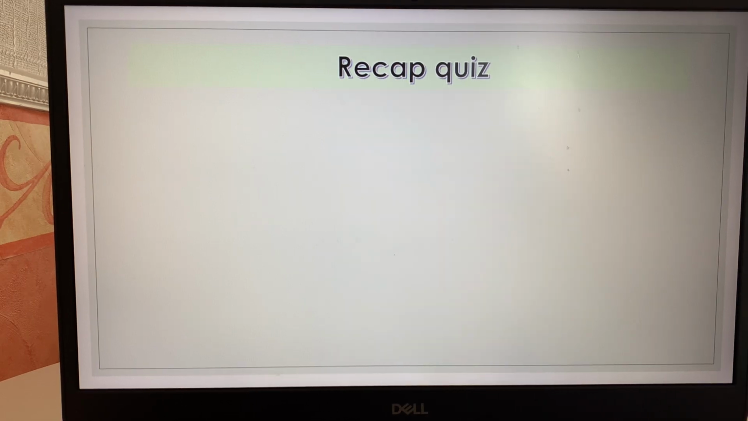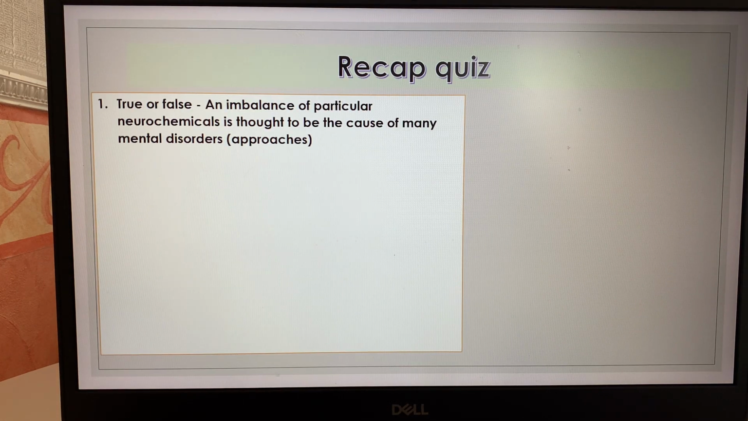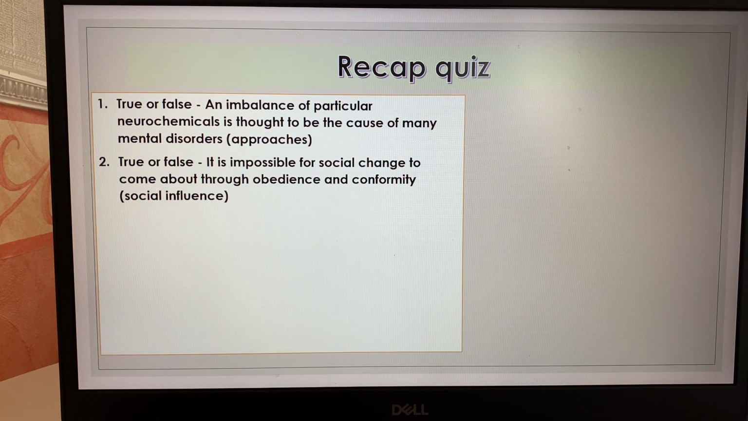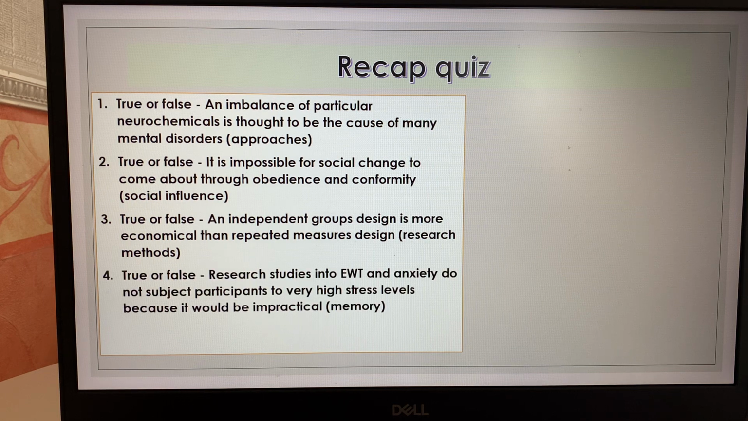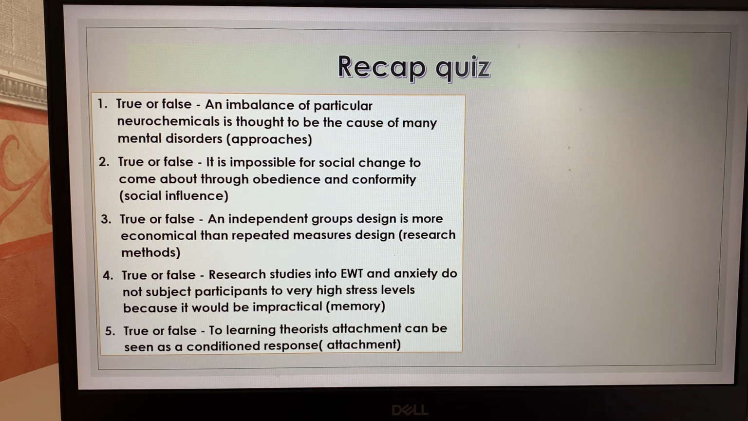Quick recap quiz then for your embedding of knowledge. It's a true or false from approaches, from social influence, from research methods, from memory and attachment. So 5 questions. Pause this, read through them. Anything that you weren't sure of or that you didn't know, try and guide some of your independent revision